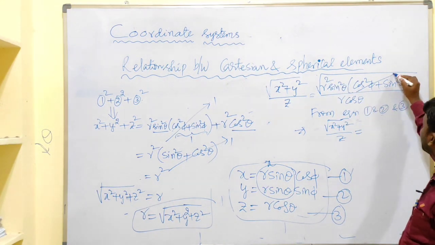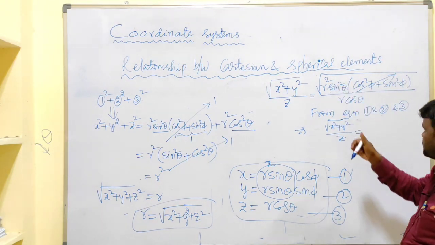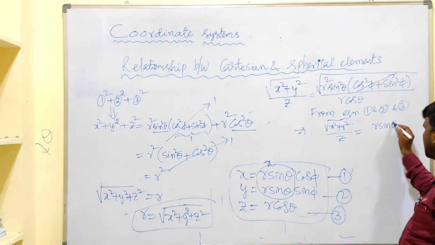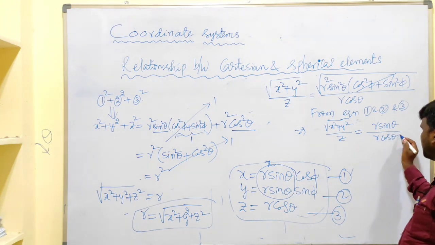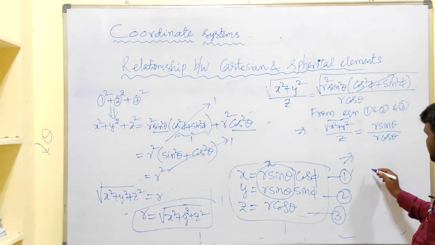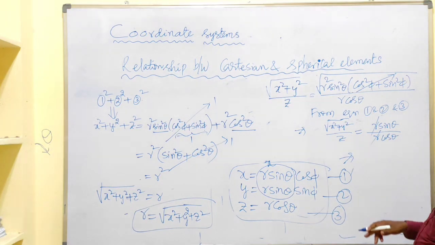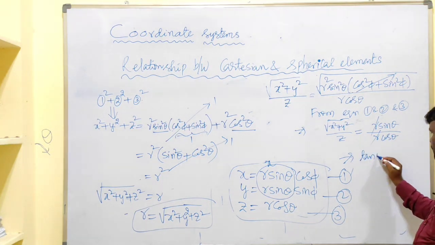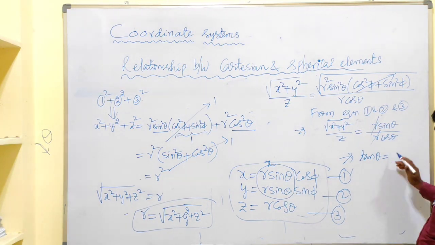This is equivalent to 1. Root 1 means 1. Into r sin theta by r cos theta. Finally, r cancels out, sin theta by cos theta, that is nothing but tan theta. I am writing here tan theta by under root x